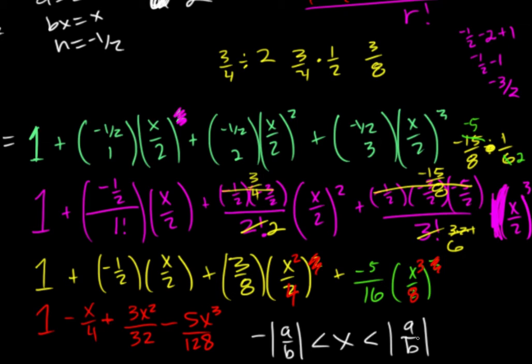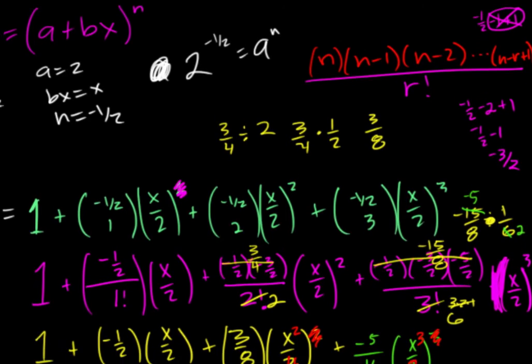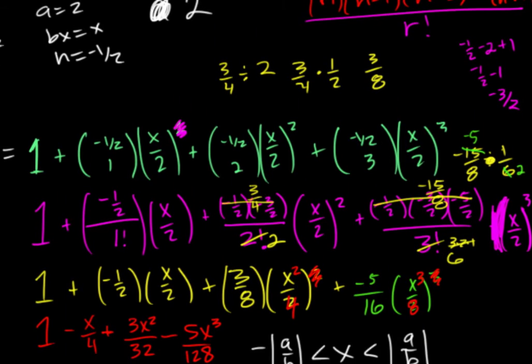So we just need to find A over B to do that. And so where did we write down our values? Okay. So what are we doing? So A over B